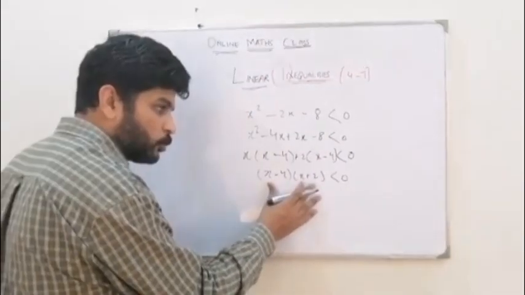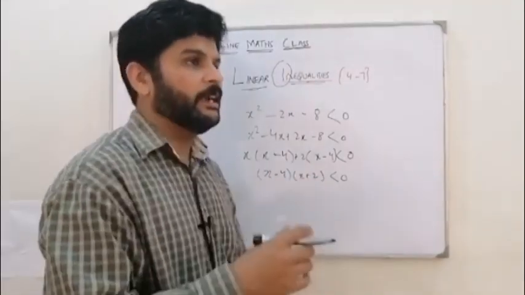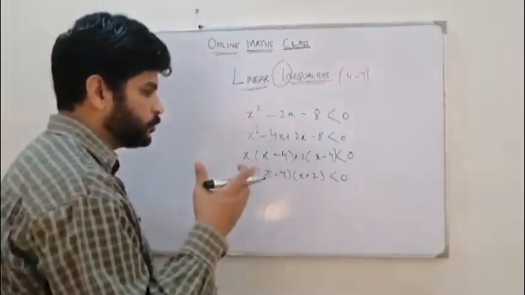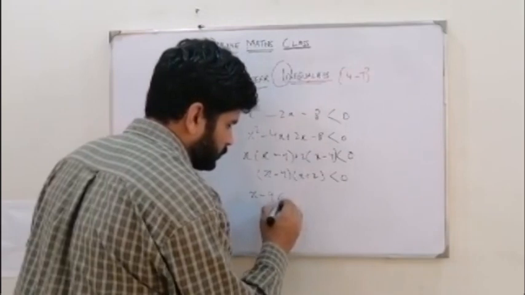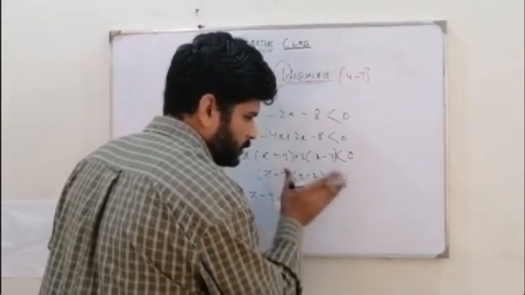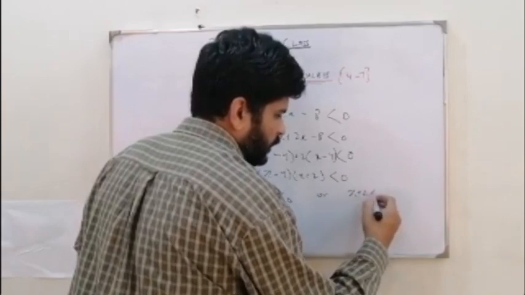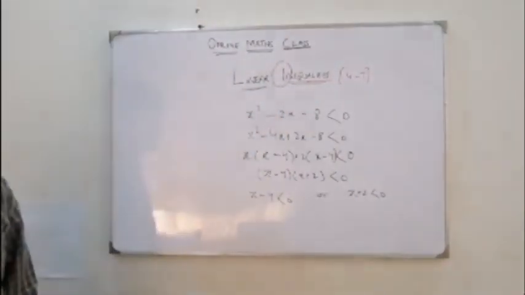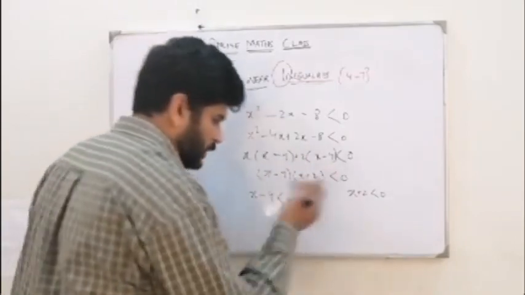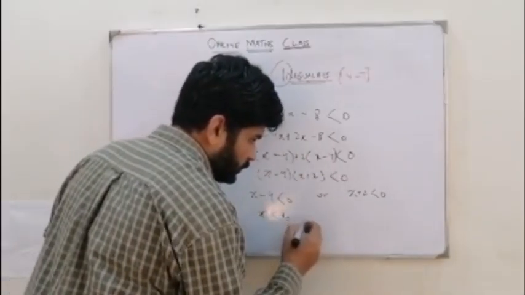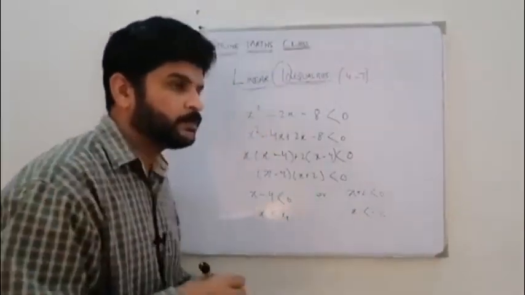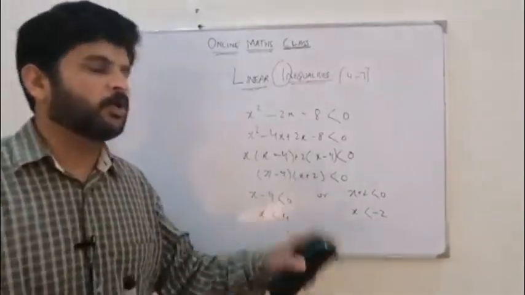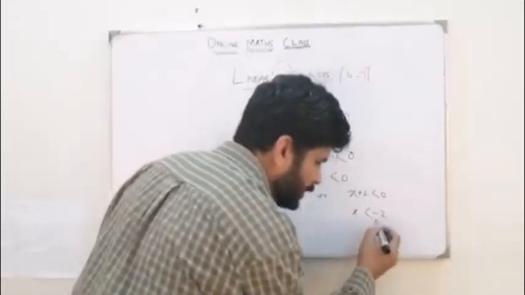Now you got two multiples of 0, and in the later half I am going to tell you how you are going to solve this. You take either this is equal to 0 or this is equal to 0, right? You don't need to remember this. I'll teach you in the later half. The thing that I'm going to teach you here is, if you got two answers, this is 4 and this is minus 2, can you tell me which number is the smaller one? Either it's minus 2 or 4. Exactly, minus 2 is the smaller one.